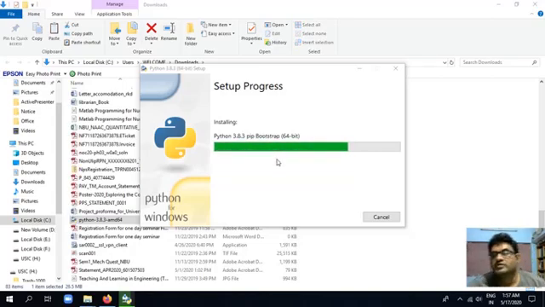Always remember that it is very essential to add Python to your path, without which it may not work properly. And for downloading things with pip also, this is highly required. Pip bootstrap and everything is coming.